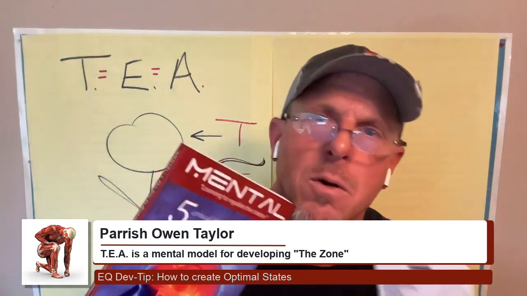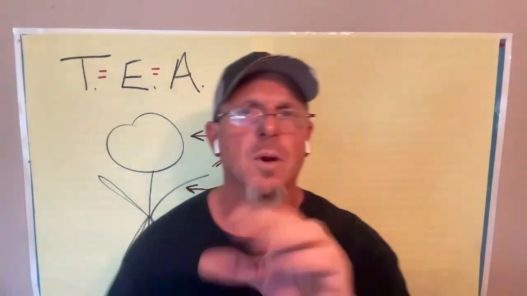Okay, so I wrote it in the book in 2013, the TEA model, and how this concept, it's my trade secret, but it's a tool that an individual or a coach, a parent can use to develop another human being. The TEA model is in the book. It's also part of the chatter check. Let me explain it to you just real quick.